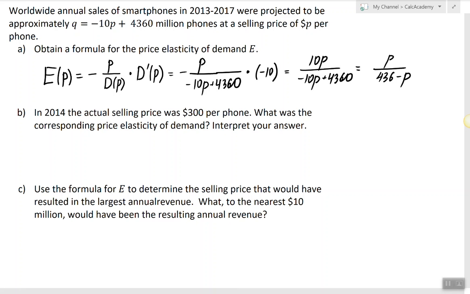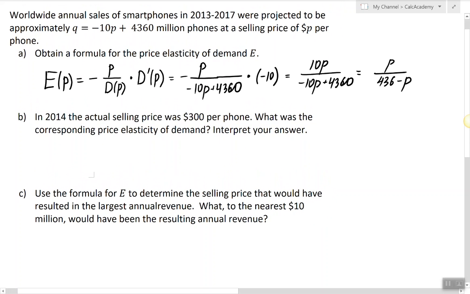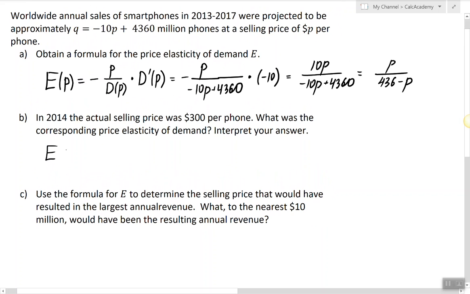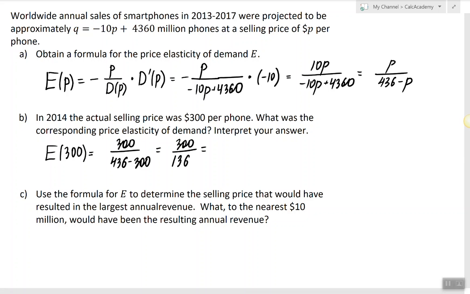Now let's answer the question in part B. The price was $300. What was the corresponding price elasticity of demand? So basically the question is asking us to evaluate elasticity when the price is 300. So we plug in 300 into the function. And we get the following result. So we have 300 divided by 136. 300 divided by 136 is roughly